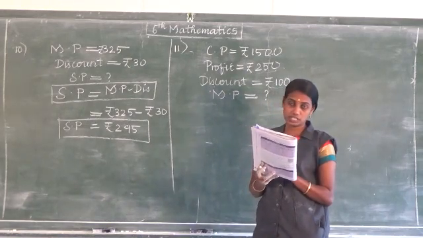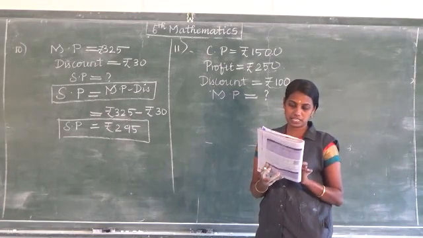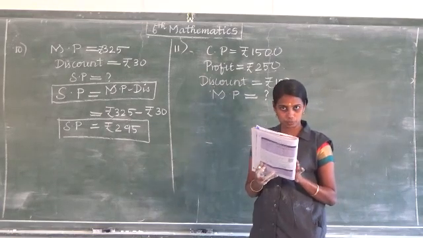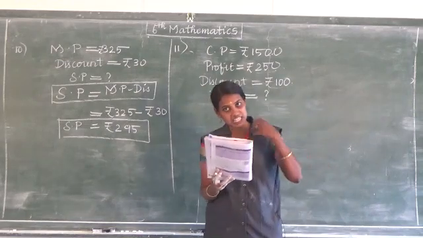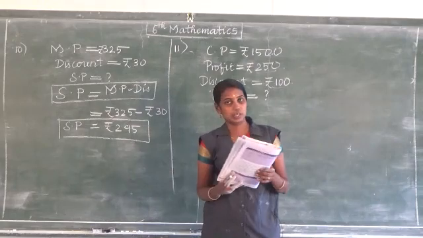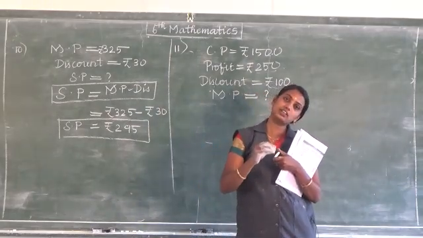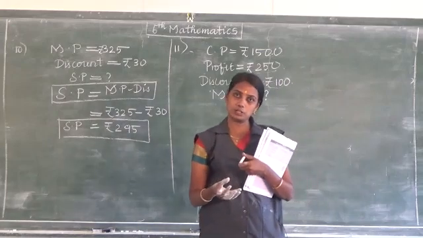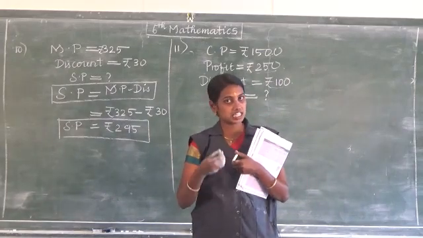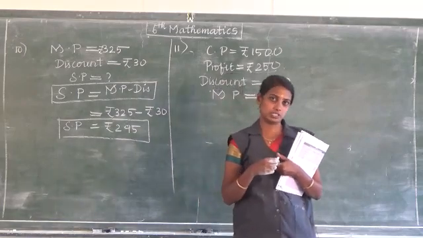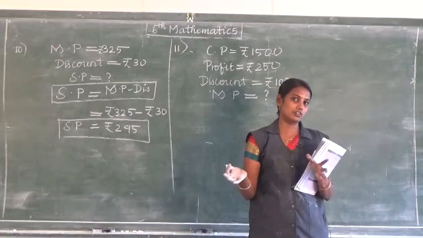Okay, he wants to sell it at a profit of 250 after making a discount of 100 rupees. Discount he is giving. For example, a 1000 rupees shirt, they are giving you a discount of 100 rupees. Even though the shopkeeper is getting the profit of 100 rupees, he is giving it as a discount. Name of the discount they are giving.